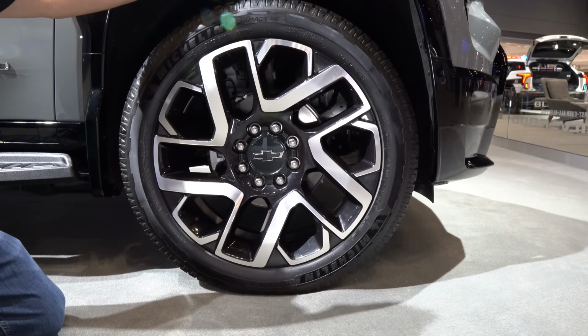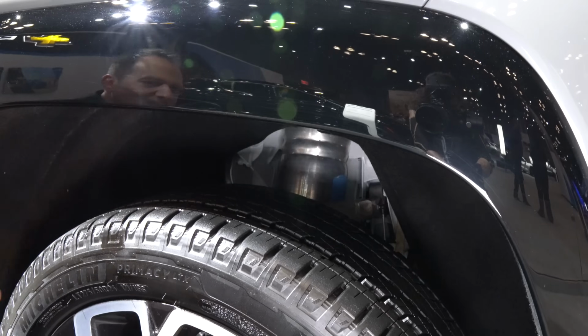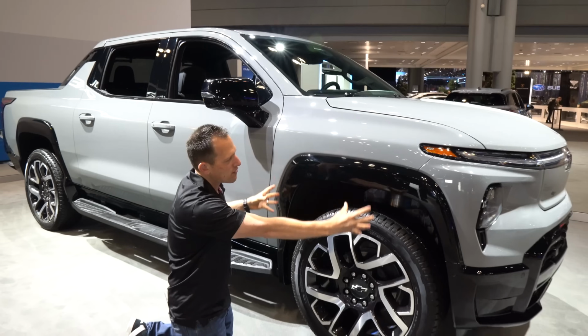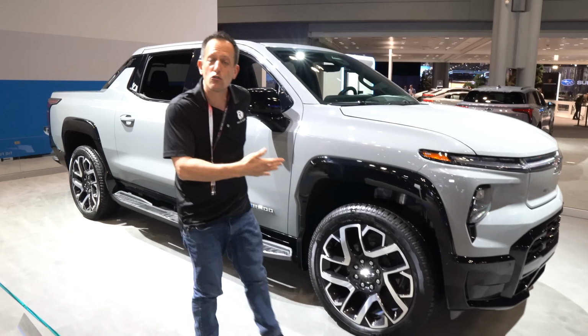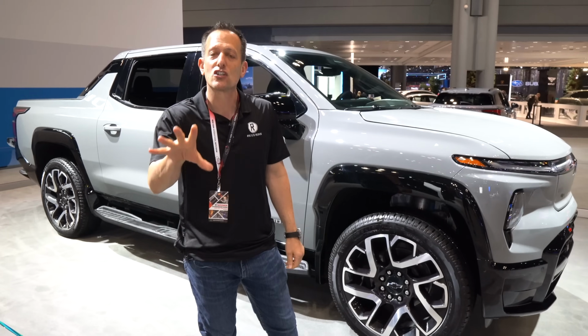You have your adaptive air ride suspension. Lori could actually show that off inside to raise and lower your Silverado RST. And then you'll notice the bold fender flares that are gloss black to match what's going on in the lower grille area. Now, with those dual motors, you're looking at about 755 horsepower, which is gonna make this go 0